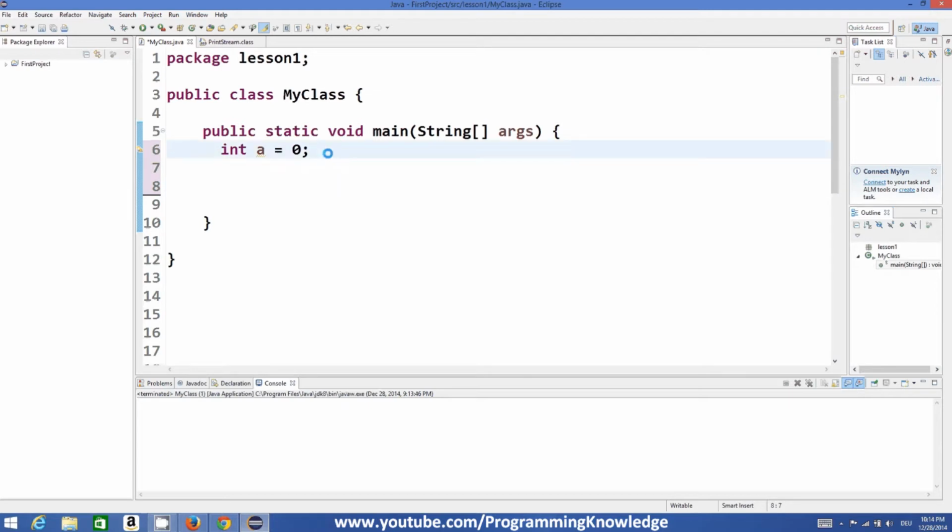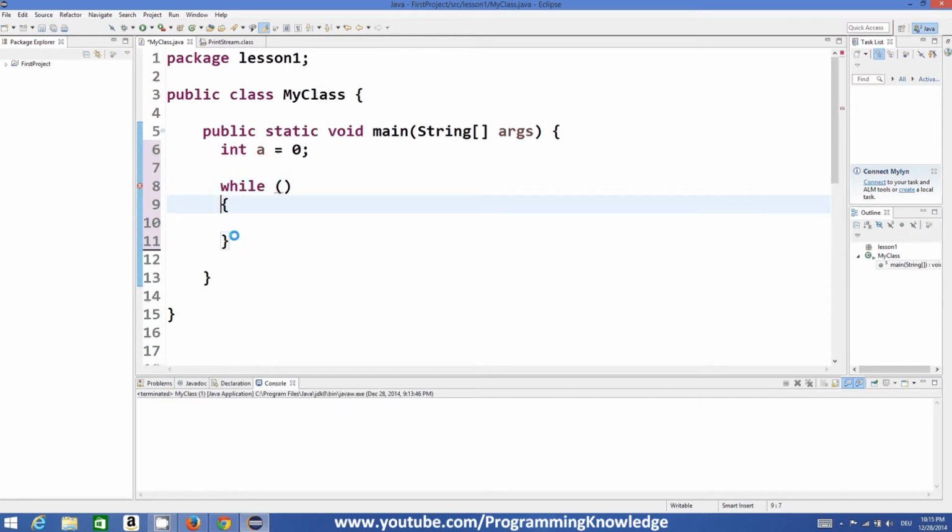Now I will give you an example. I have an integer which I initialized to 0, and let's see first of all the basic syntax of the while loop. As the name suggests, it uses the keyword while, then round brackets, and then curly braces where we execute our statements. Here comes the condition. It can be true or false. Whenever this condition is true, it executes your code here,